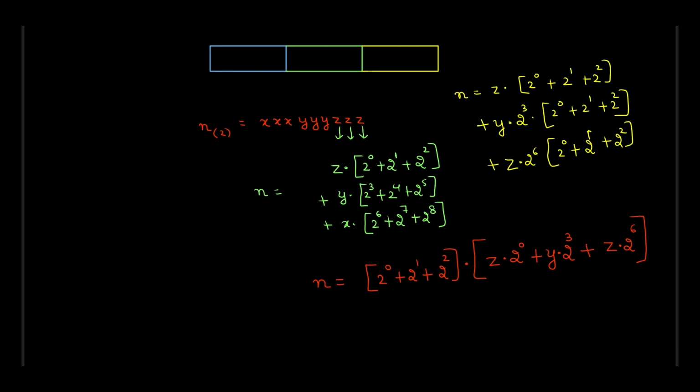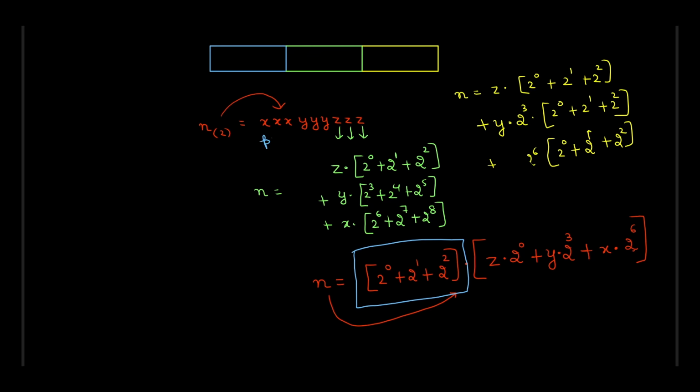Sorry, I keep writing z, but that is actually x. This is actually x into 2 to the power 6. Now you can see that n can be represented in this format if and only if n is equal to a product of two numbers that look like this. But you will realize that this value is a constant,